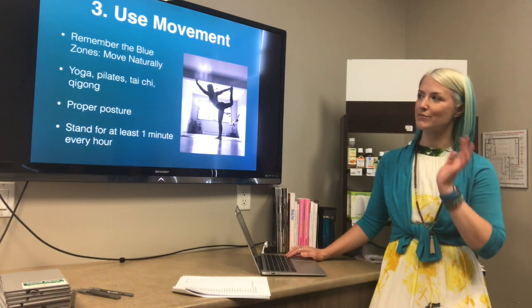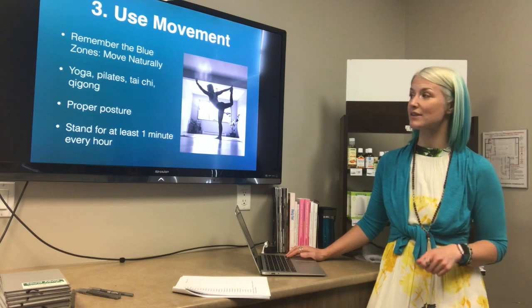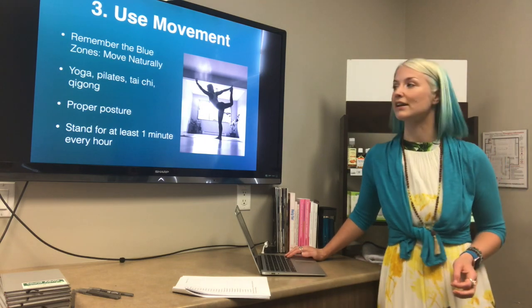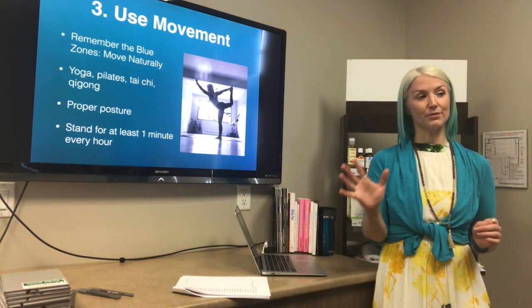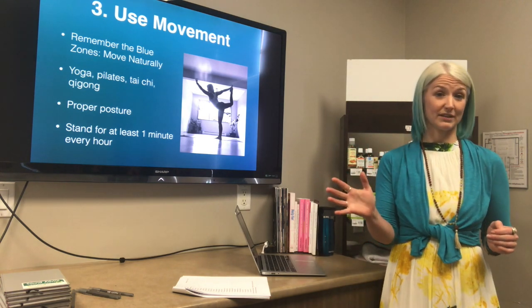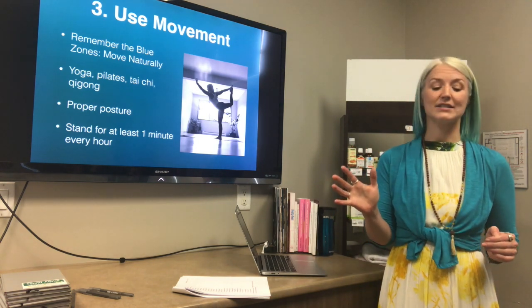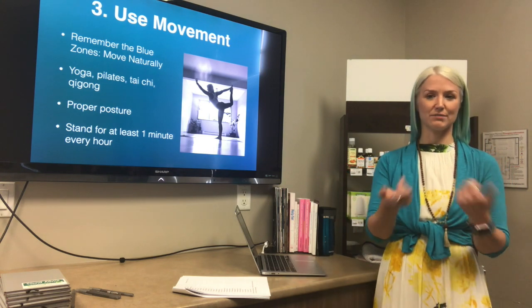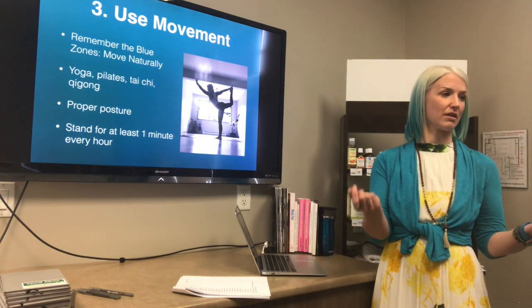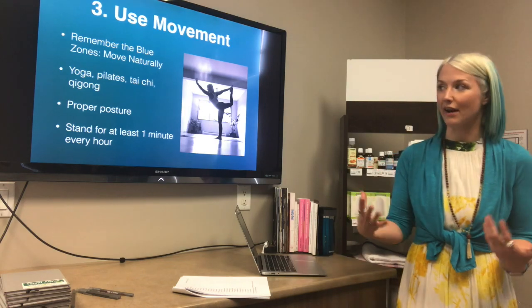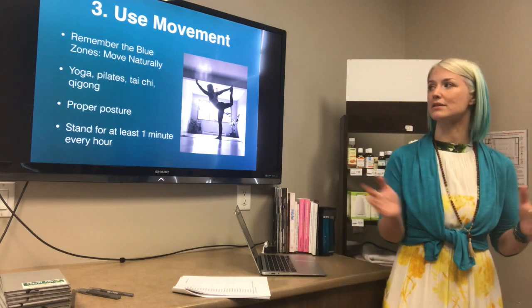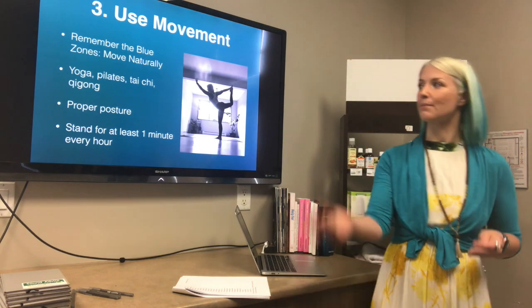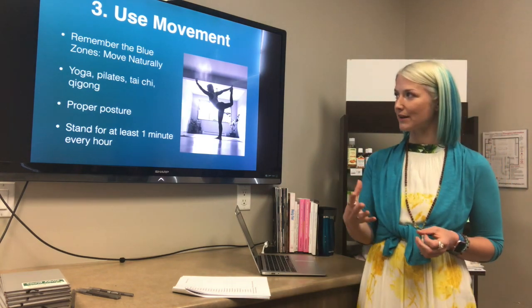So if you remember from 2 weeks ago, the blue zones, one of the things that they do is they move naturally. So a quick recap, the blue zones are 5 areas in the world where they live beyond 100 routinely. And in those areas, they move naturally. They don't have a lot of machines to do their gardening, to do their housework. Even into their elder years, they're moving, they're doing chores around the house, they're repairing things. They are walking to the market, they are constantly moving.